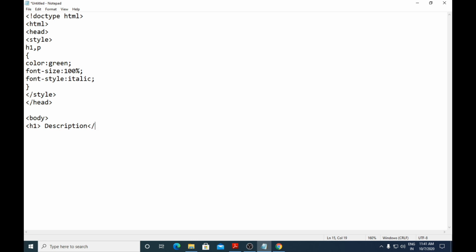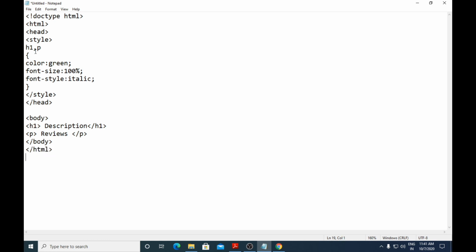Then close h1. Next I'll use the p element, with reviews, slash p, and then slash body, and then slash html.